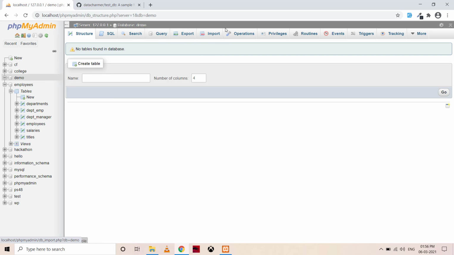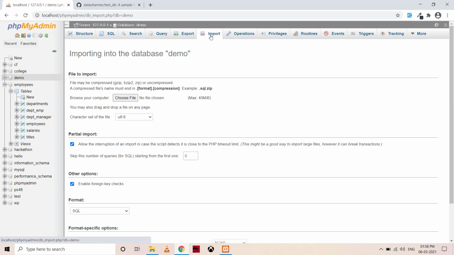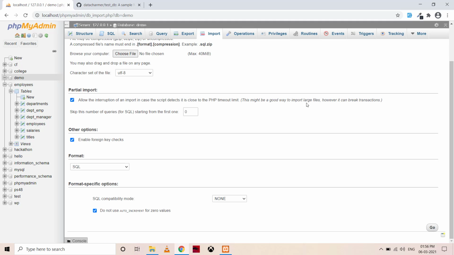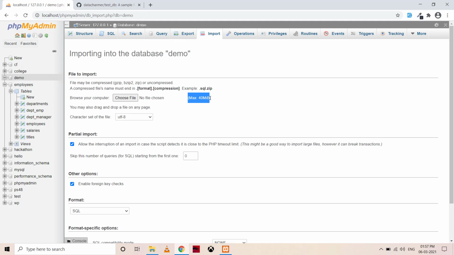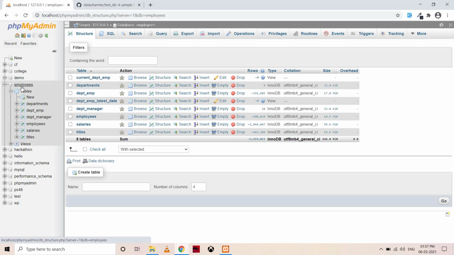After selecting the database, you have to click on this import button, and here you have to choose the SQL file or the compressed SQL file like .sql.zip, and then after selecting the file you have to click on the go button. This is fine, but here you can see a default limit of max 40 MBs. You can definitely increase that by doing some configuration, but that is not recommended because sometimes, while importing databases like this, you get errors. That's why this method is not recommended, and the shell method is completely fine, and using that we can import very large databases into MySQL.